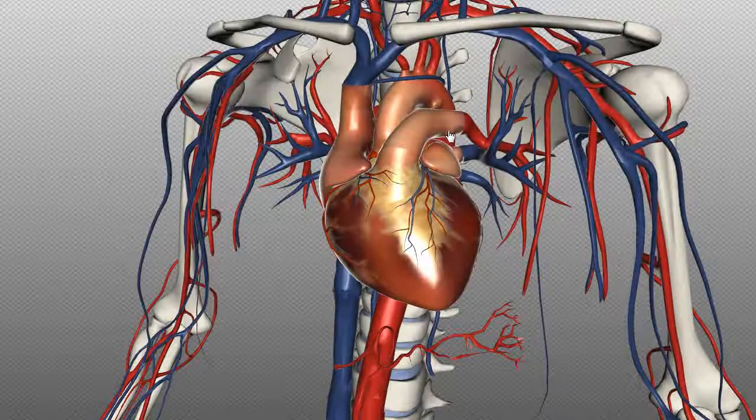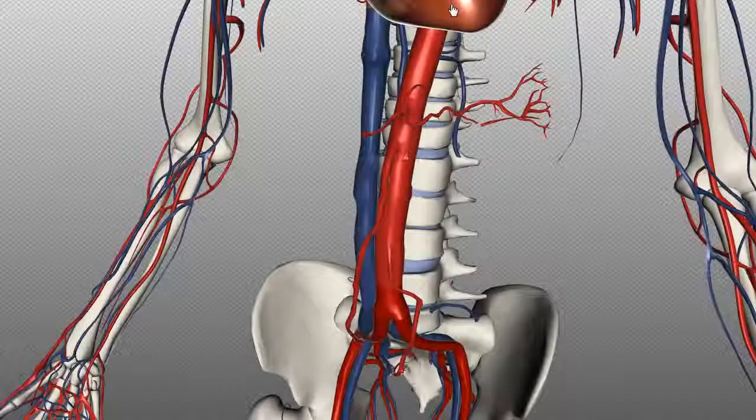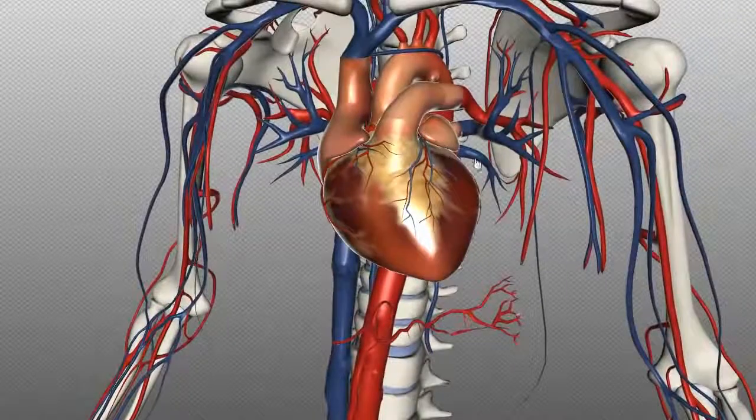So the section from the arch of the aorta to the point where it divides into the common iliac arteries, so down here, that's the descending aorta. And then you can divide it into the thoracic and abdominal aorta. So the thoracic aorta is the section of the aorta which is above the diaphragm,